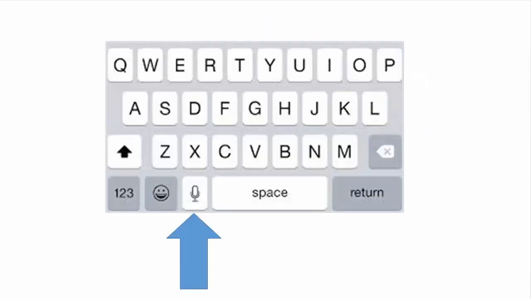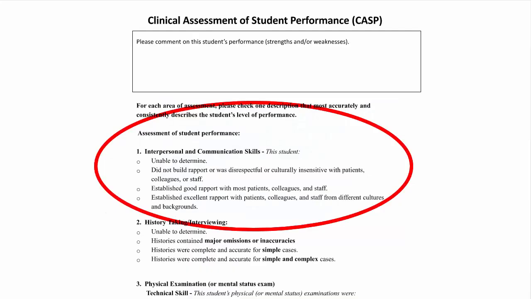All you have to do is click on the dictation button and dictate your comments directly into the CASP. Read over the comments because dictation is not perfect. But don't worry about spelling or anything else. We'll figure it out. After the narrative comments comes the second part of the CASP with questions on 9 aspects